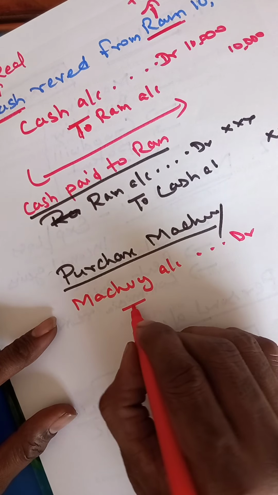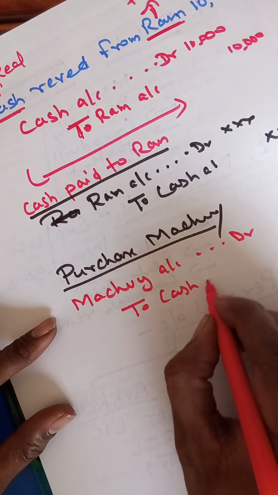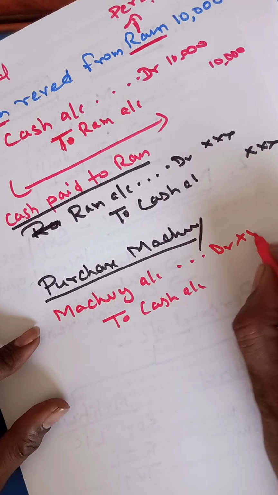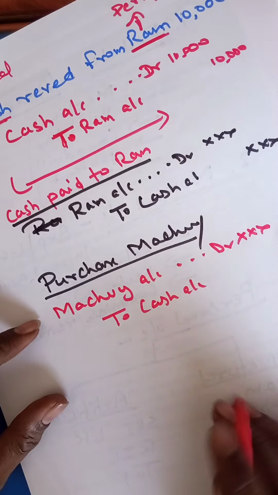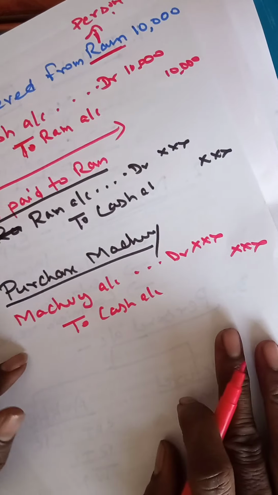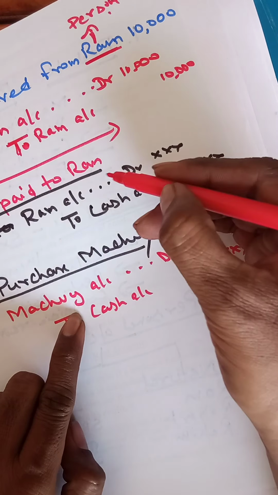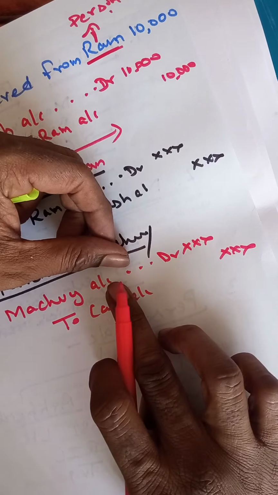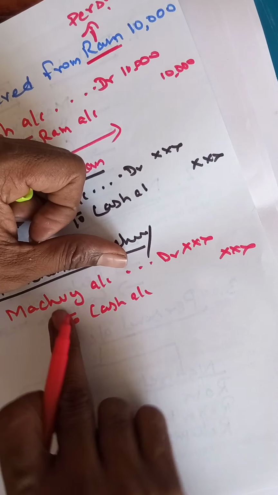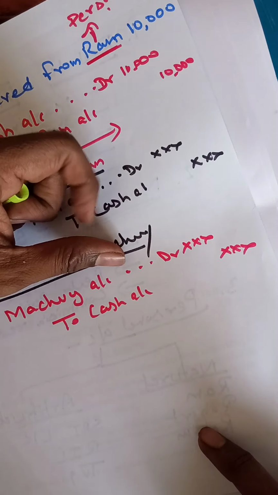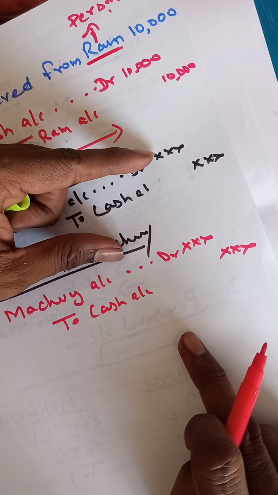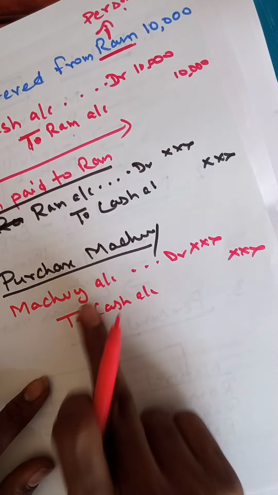What goes out? Cash goes out, to cash account. Amount column debit, credit column credit. So why do we have to write debit and credit? That means worth rupees, for example 1 lakh, machinery worth 1 lakh comes into the organization. At the same time 1 lakh cash goes out from the organization. That's why we have to write both entries. That's why we have to write a double entry.